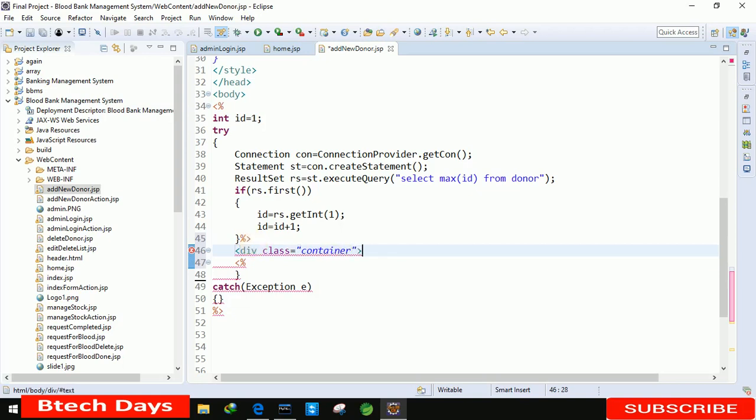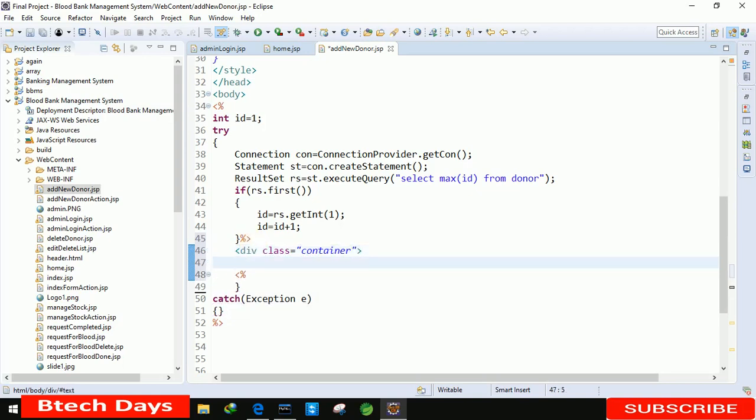Okay, let me close this. After that, we are just writing h1 with a style, style equals to, and here we are writing the color red.